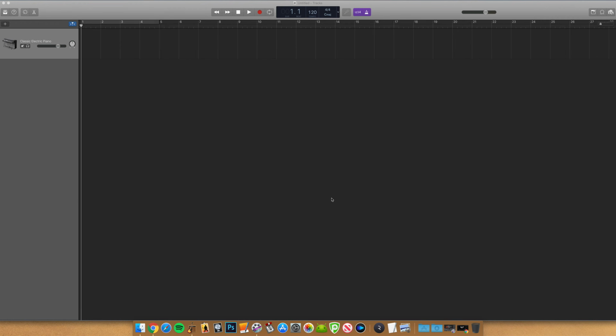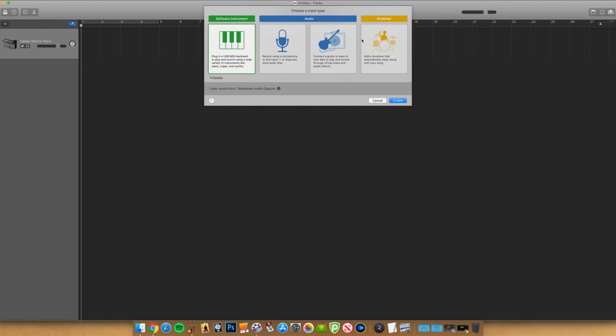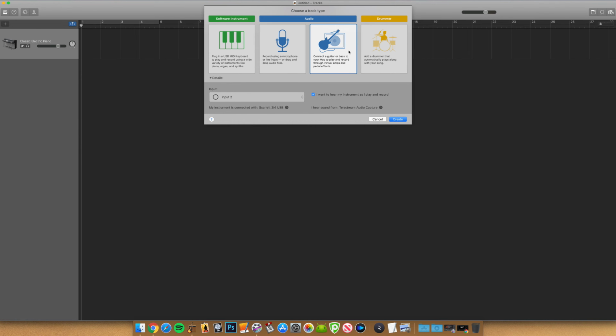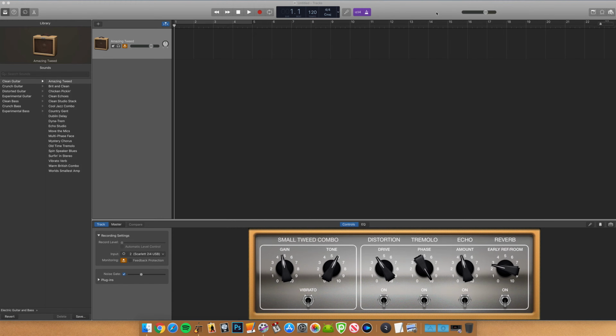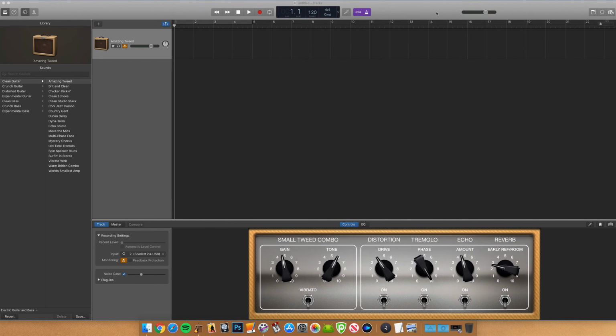To add a new guitar audio track to a new or existing GarageBand project, click on the New Tracks button and select the guitar-specific audio track option. In typical GarageBand fashion, there are tons of presets available in the library pane for you to get to grips with. They're helpfully split into different categories and range from clean and simple